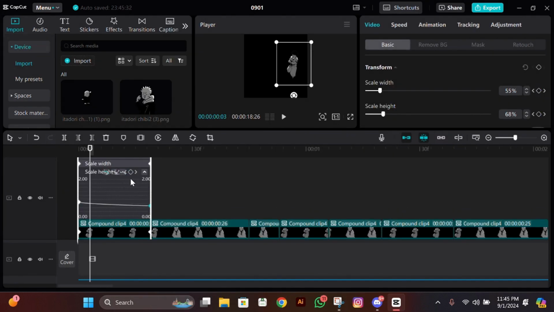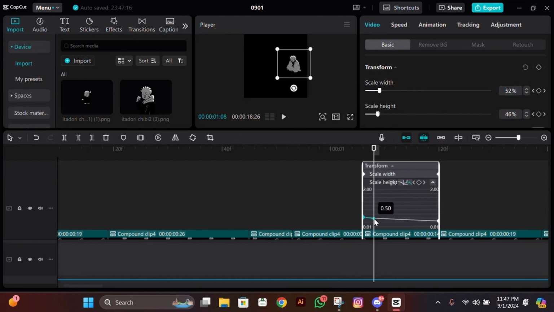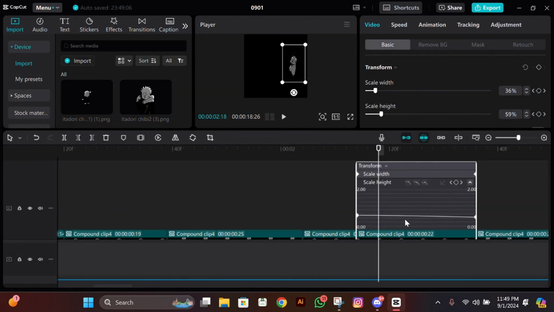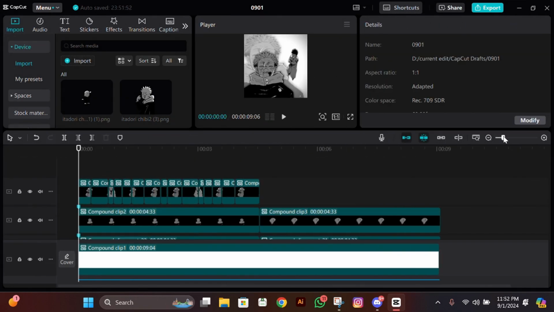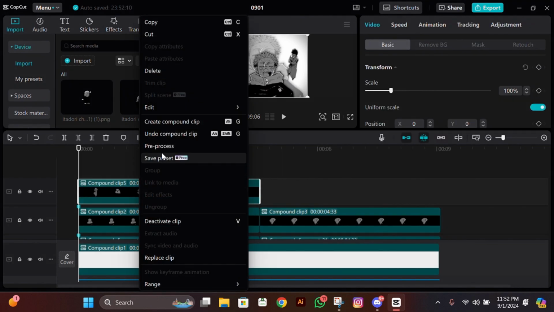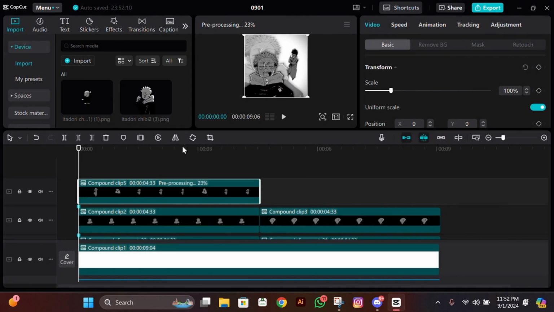Now after you're done with these keyframes, all you need to do now is add graphs. For the graph, just use either 2 in all of these keyframes and then you'll be done. After the graphs, compound clip it again and then pre-process it. After it's pre-processed, check it once or twice, like if the graphs are looking good or